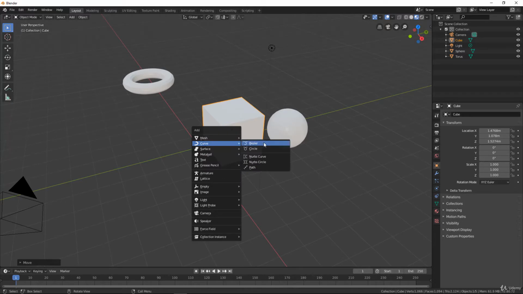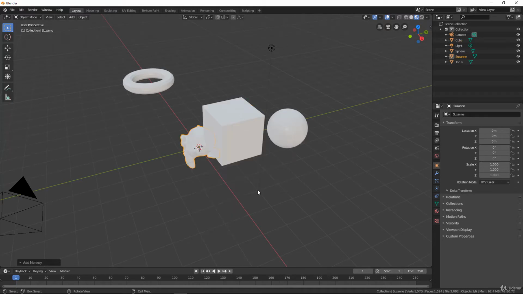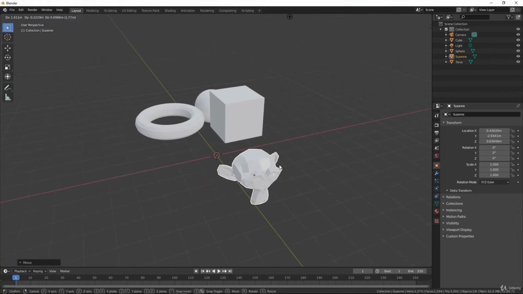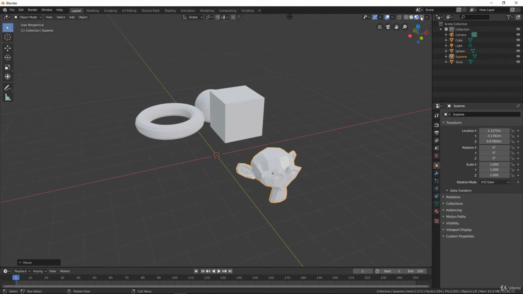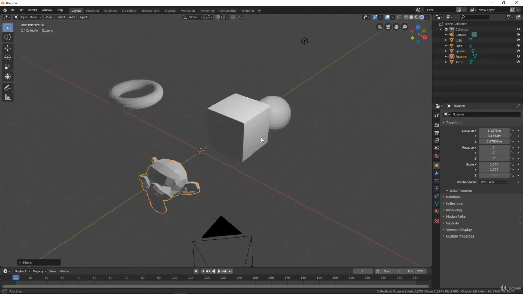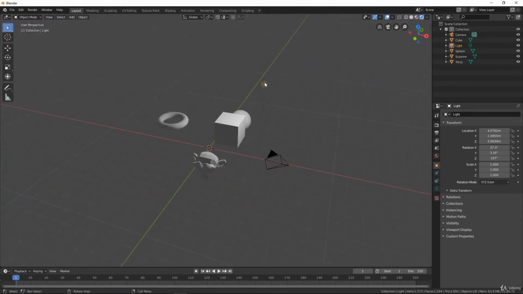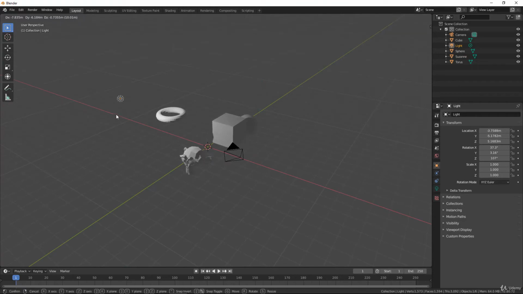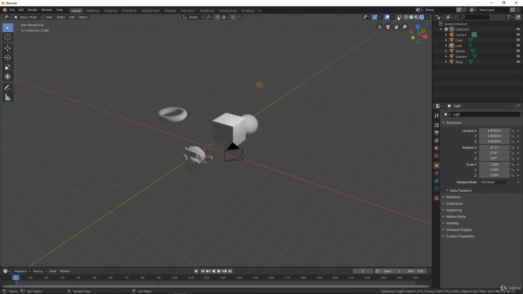I will add a little Suzanne to see this a little more and put it there. Okay, so this mode, let's say, will be the half render mode, and here you have the full render mode, the real render mode. So if I move my lamp now, you can see directly the action of my lamp in my scene. Each of these modes can be